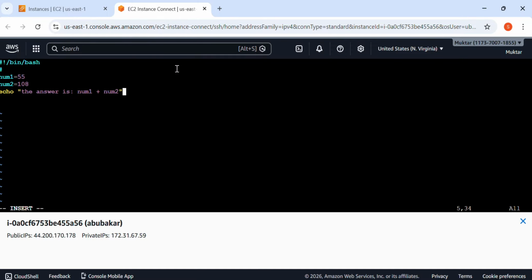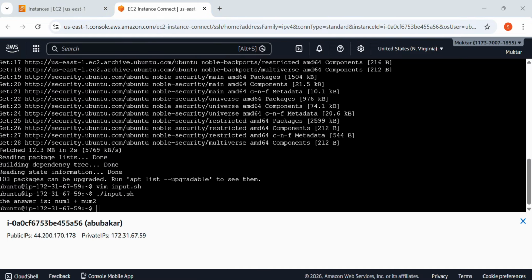So let me show you the output. As you can see right now, bash prints "the answer is: num1 plus num2", not actually 163. It's completely ignored the maths. So if you are new to bash scripts, that moment is genuinely confusing, and